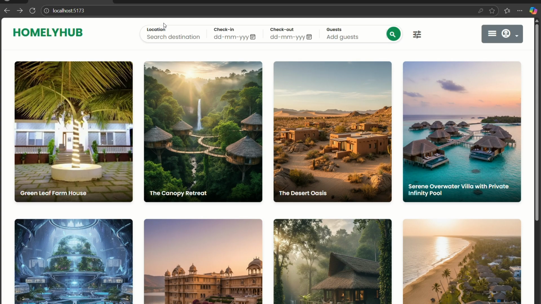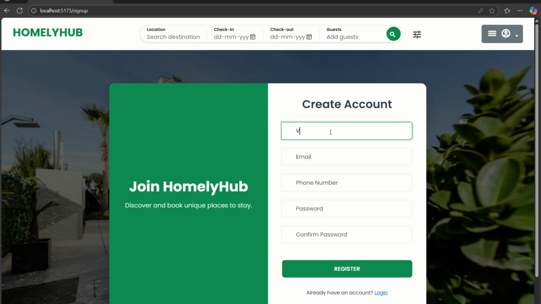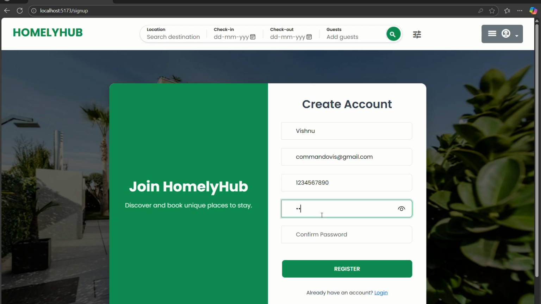Now I will walk you through a live demo of the HomelyHub application. Okay, here we are on the home page. As you can see, we have a new modern search bar at the top, which includes fields for location, check-in, checkout, and guests. So let's start with sign in. I will first create my account in my application. My name, as you know, is Vishnu. Here you have to give your name, email ID, and your phone number,